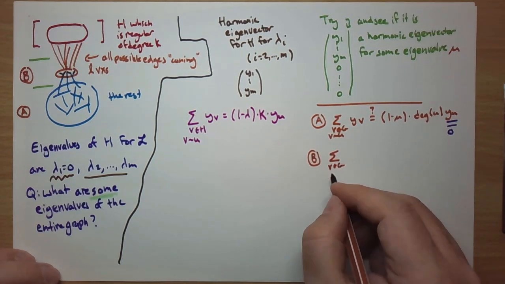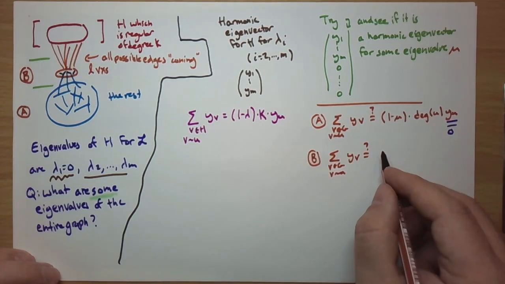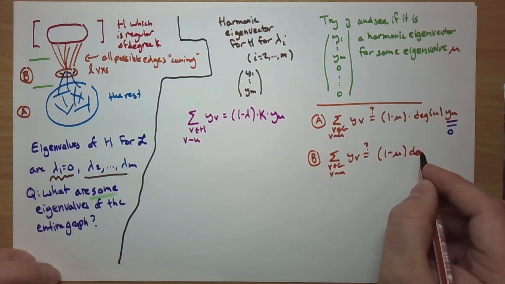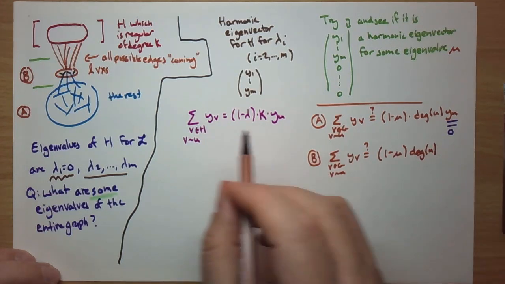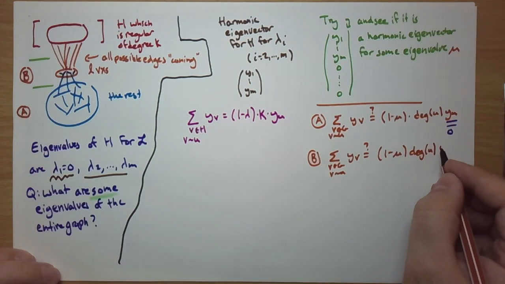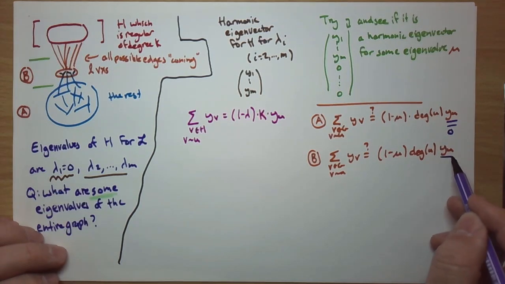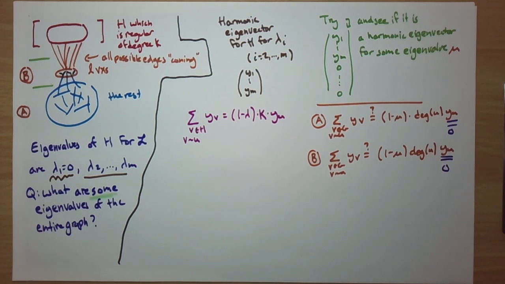Okay, so for B, now things get slightly more interesting. Again, we don't know the degree. It could be all over the place because it depends on how many edges it connects to down in the rest or in between. But what can we say? What should the right-hand side be? If we're here in our middle, it should be 0, right? Because we assign things to be 0. All right, if you're adjacent to anything else, you're adjacent to all